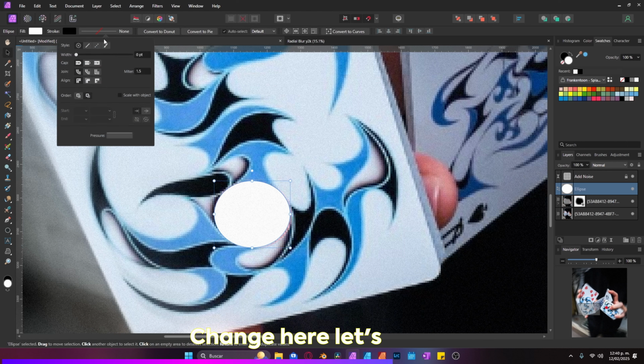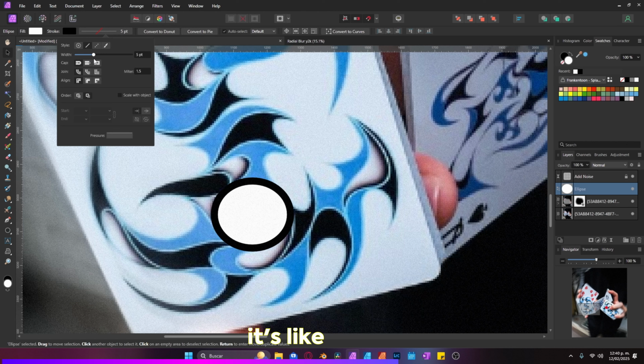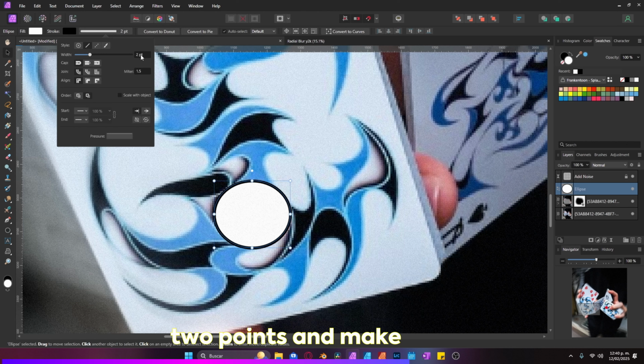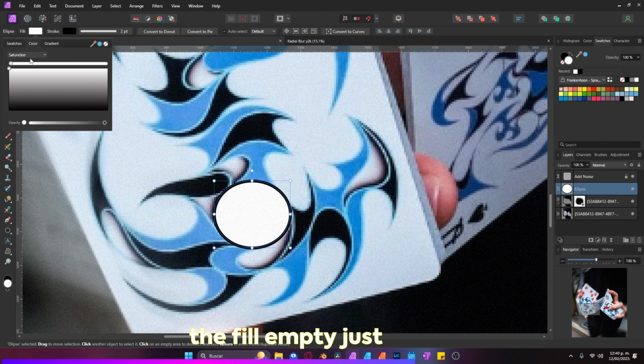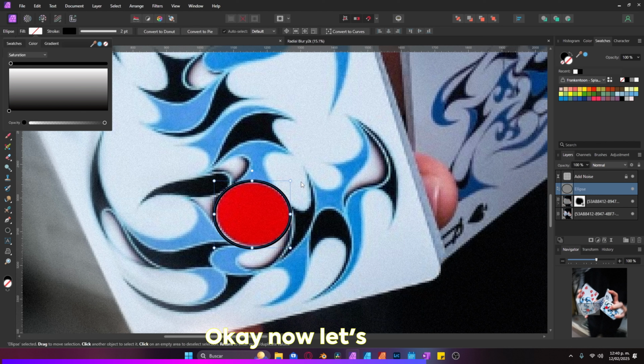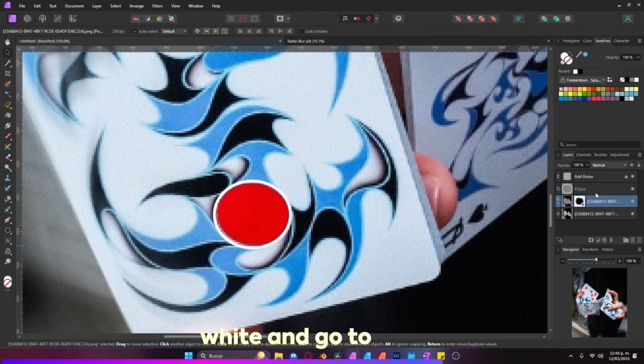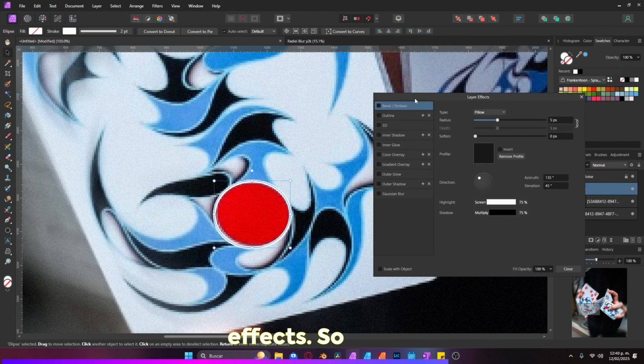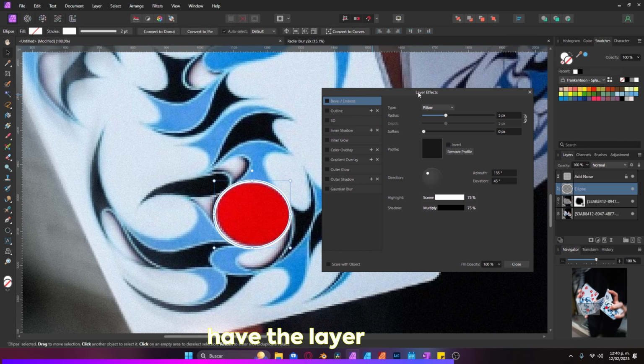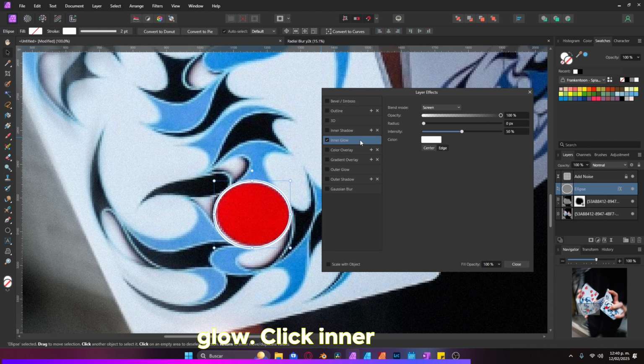Change here. Let's make it so it's like 2 points, and make the fill empty, just like that. Okay, now let's make this stroke layer white and go into effects. So we have the layer effects right here. Now we are going to be creating the inner glow. Click inner glow,